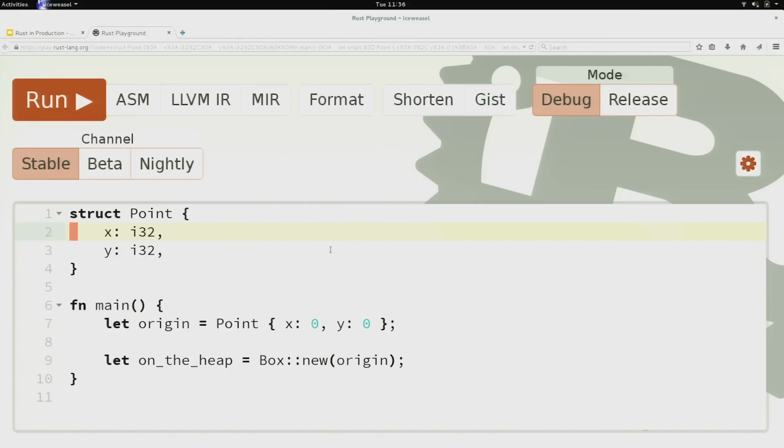Furthermore, I know that whenever the main function is over and these two variable bindings go out of scope, that is exactly when this memory will be deallocated. So there's no garbage collector here. C++ people call this RAII, which is a terrible acronym, I think. We sort of say ownership and borrowing, but again, this is not really a Rust tutorial. My point is that everything here is deterministic, and I can tell you exactly how much memory it's going to use and in what way it's going to use it.